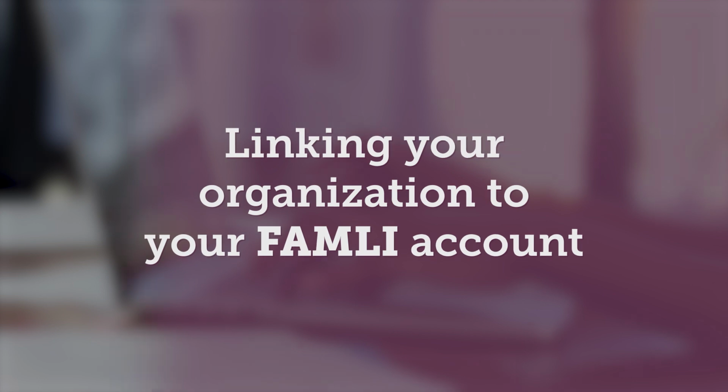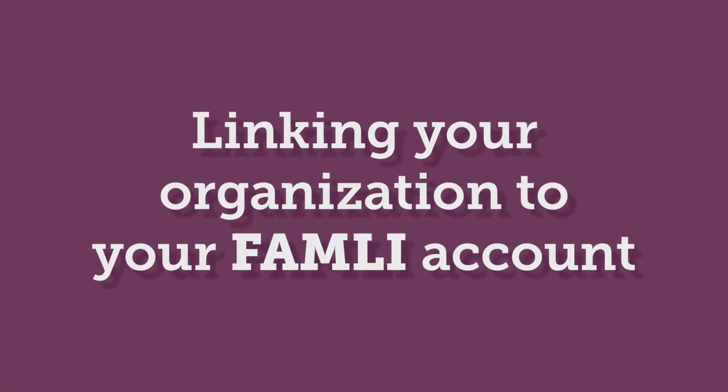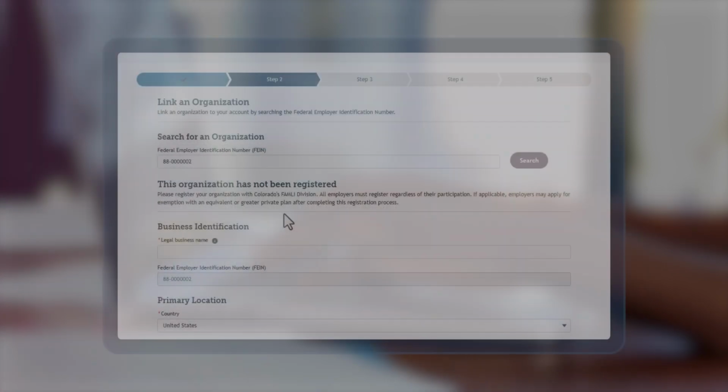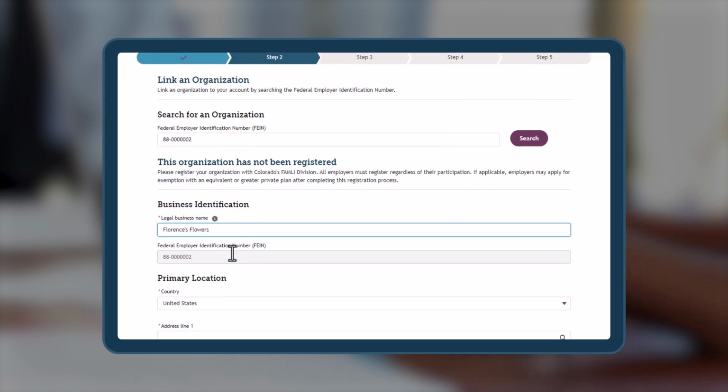Now you will need to link your organization to your account. If you are an employer, TPA, or local government employer, search for your organization by entering your Federal Employer Identification Number, or FEIN. If your organization does not show up in the My Family Plus Employer database, complete this step by entering